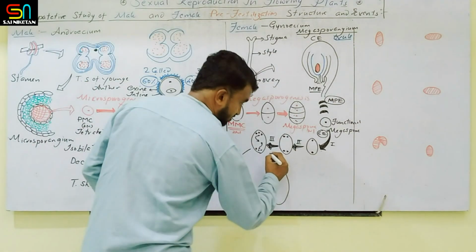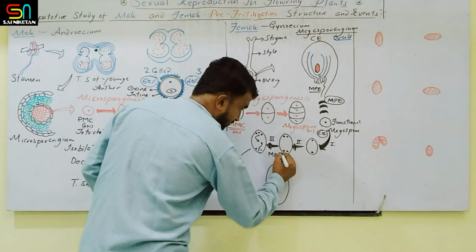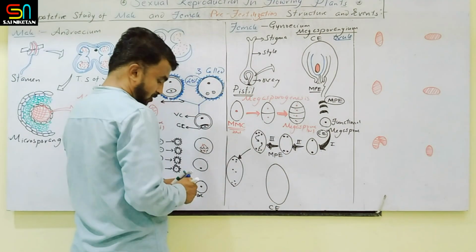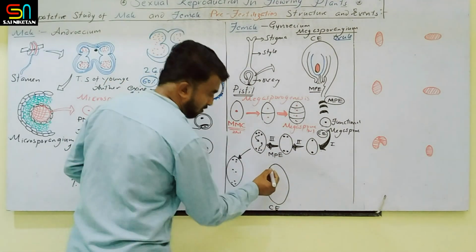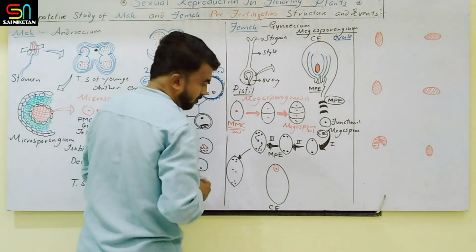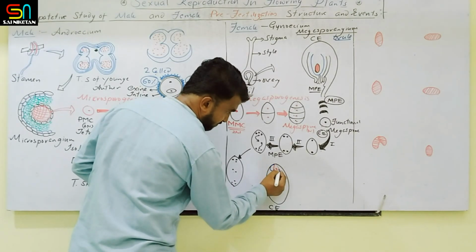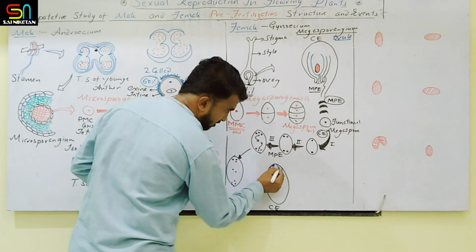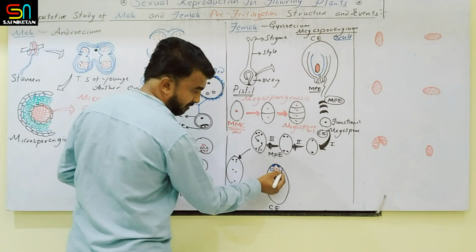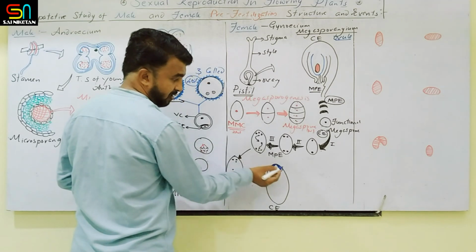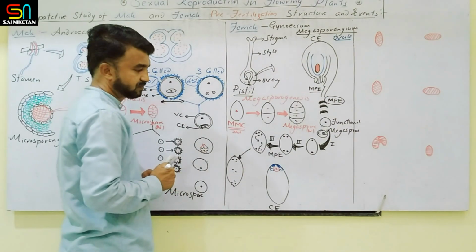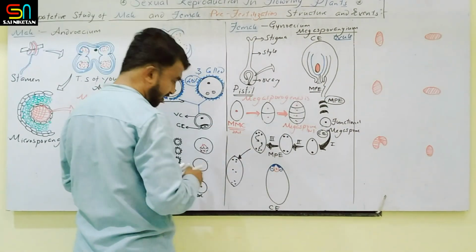Now see here. So this is the micropylar end and this is the chalazal end as I wrote here. Towards the micropylar end, one egg is there and 2 synergids are present. Inside this synergid, there is a finger-like cellular structure, that is the filiform apparatus. This filiform apparatus helps in directing the pollen tube towards the micropylar region. That will be covered afterwards.